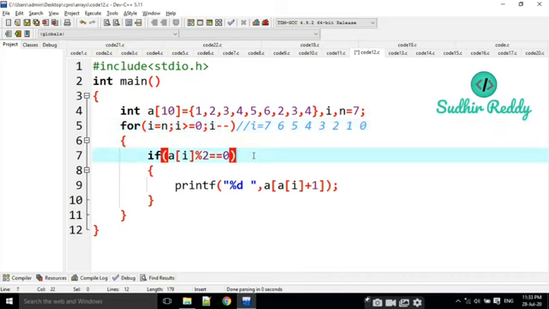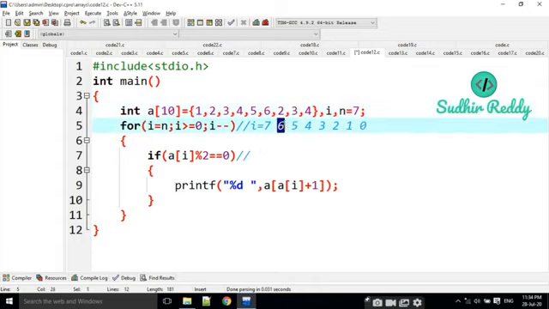Now we are considering only the even values. That is 6, 4, 2 and 0. Yes, these are values, not index. I am going to consider only the positive even numbers. What is I of 7? I of 7 is 3. I am not considering it. Why? Because that is an odd number.